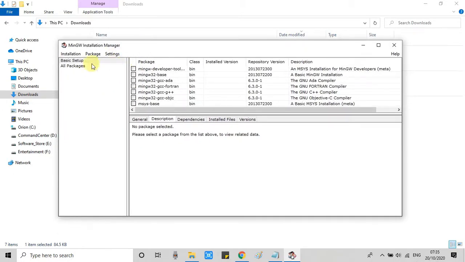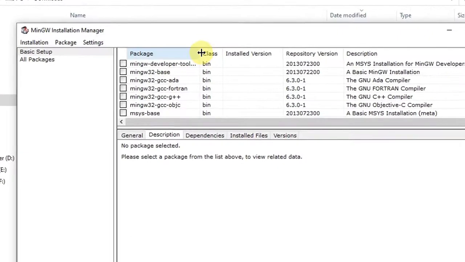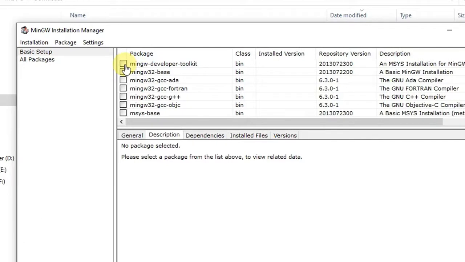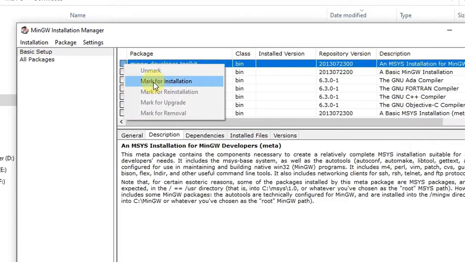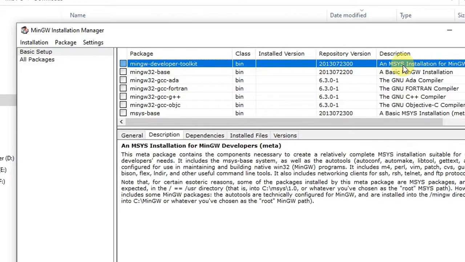This is the MinGW installation manager, and this is showing you some packages that we need to set up the C++ environment in VS Code. So we will proceed with the first one. Click on it, select mark for installation, and the installation mark will appear within 2 or 3 seconds.